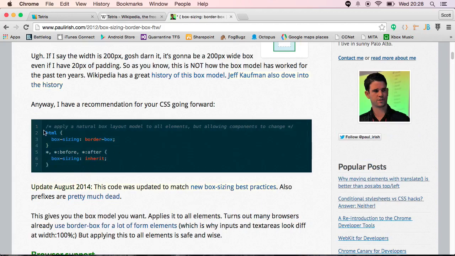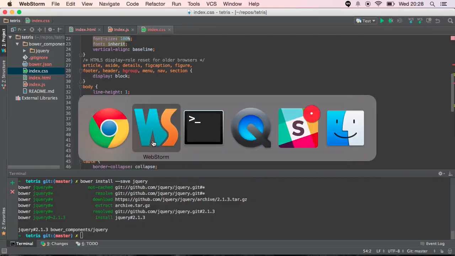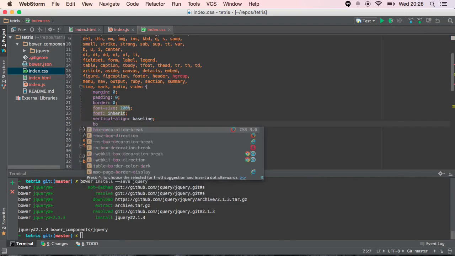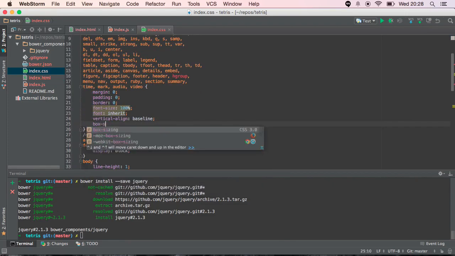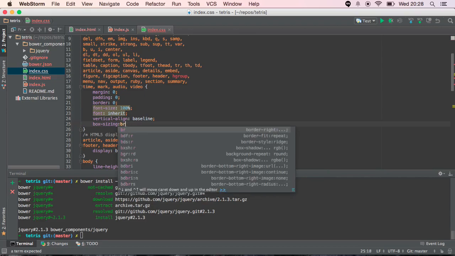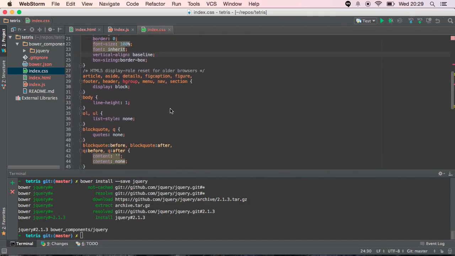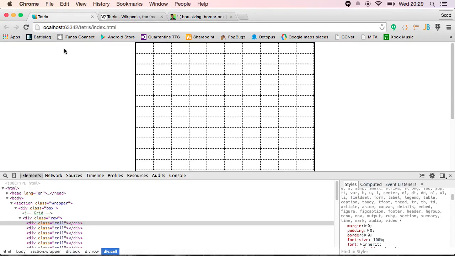Okay, let's grab his code and we'll go ahead and throw that in. Oh, using stars is really inefficient. So actually what I'm going to do is I'm just going to grab, well, we can add it to here, right? Box sizing: border box. And we'll refresh and see if we made a difference. Aha, we did. So we've got a tiny little issue here at the side, but